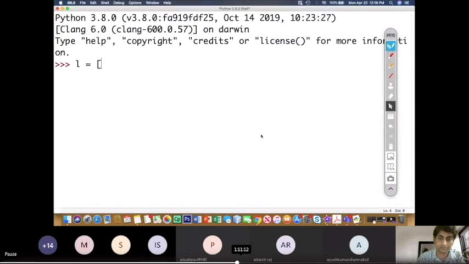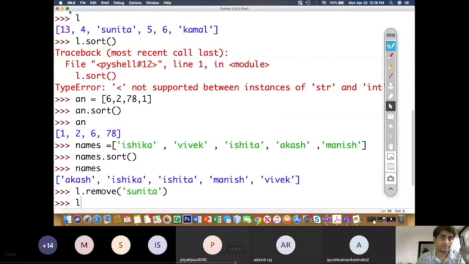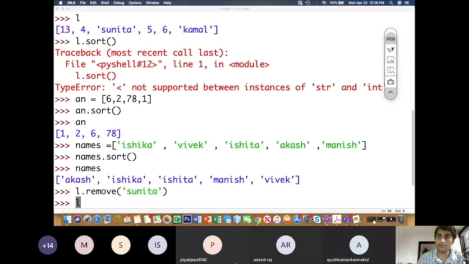Equal to 34, 22, so L dot, what happened?